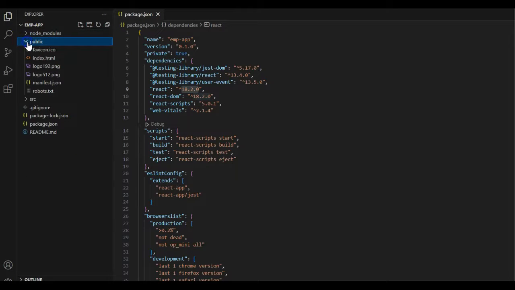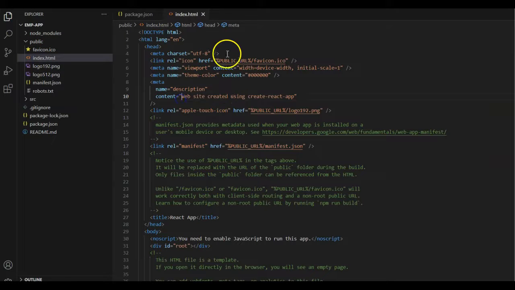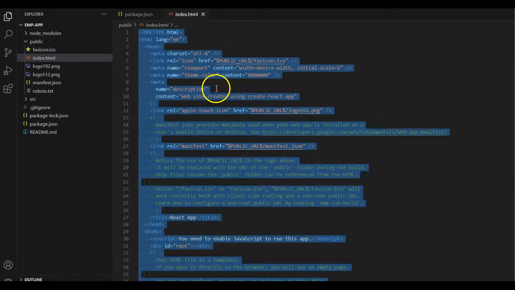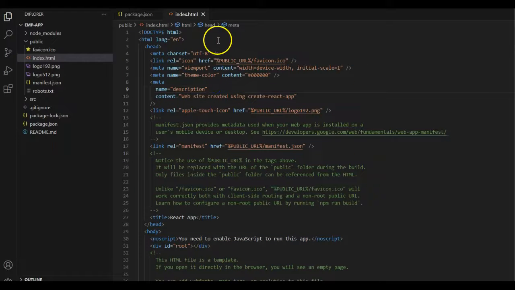Next we have a folder named public. As the name suggests, all the resources inside this public folder are accessible to the user, that is, to all the public. Inside this public folder we have the index.html. React is a single page application. What do we mean by a single page application? It means that no matter what the URL, the page that always gets loaded is the index.html. Only a single page always gets loaded, and inside this different views or components get displayed.